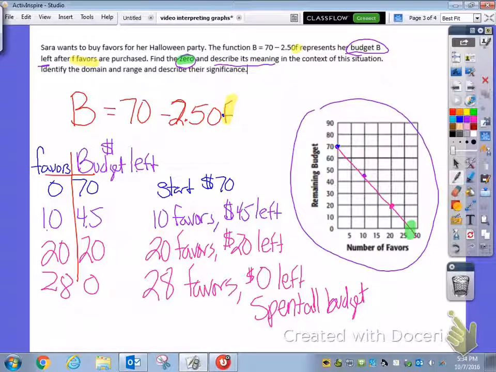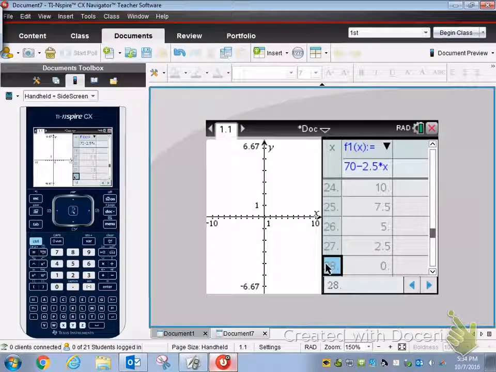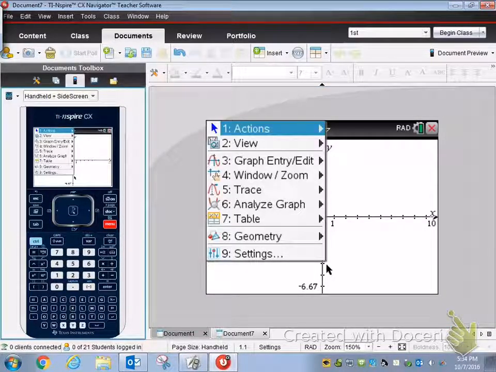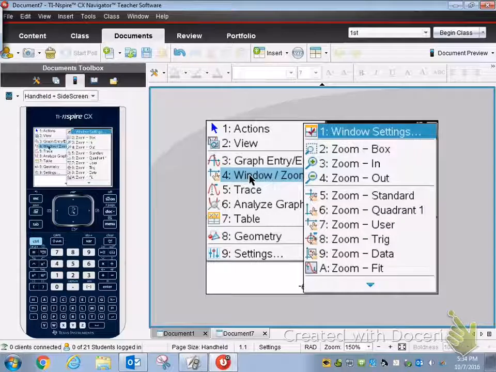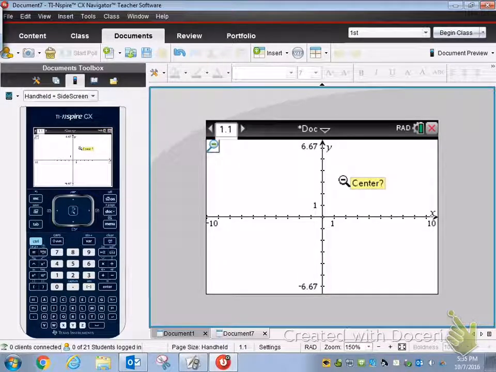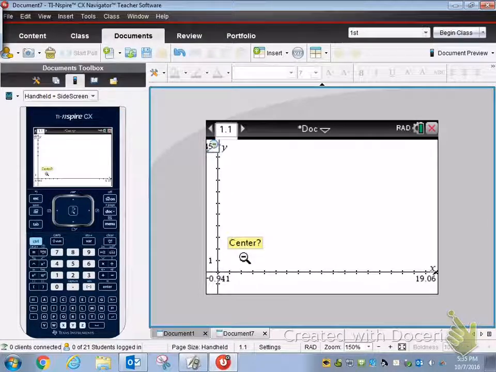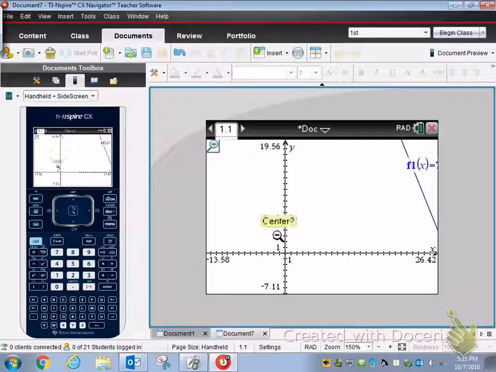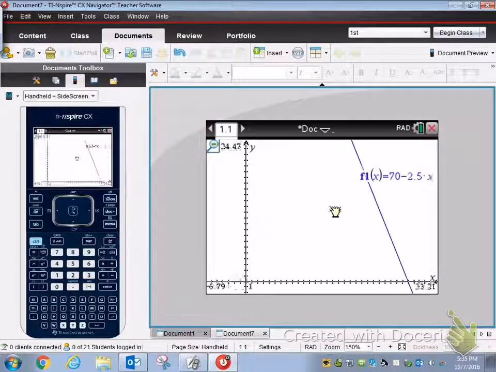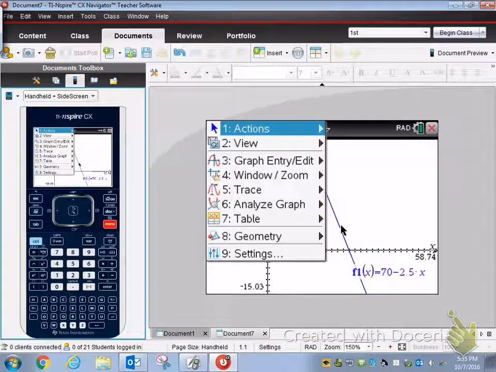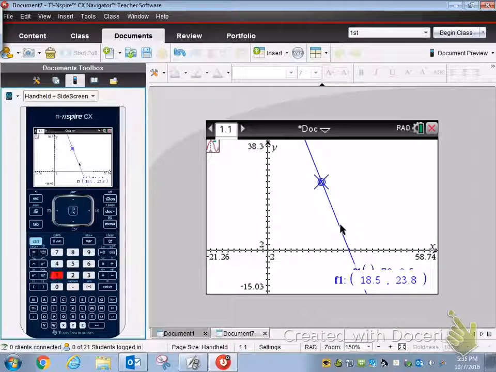Okay? Now you can graph this, Control T. If you want to see it, you can go to Menu, you can Zoom, and I want to zoom out so I can see it. And so you can scroll out and you can look for that graph. See, you can see it. So I need to go further. And there you go. So I can now hit Menu, and then 5, and then 1, Graph Trace, and then